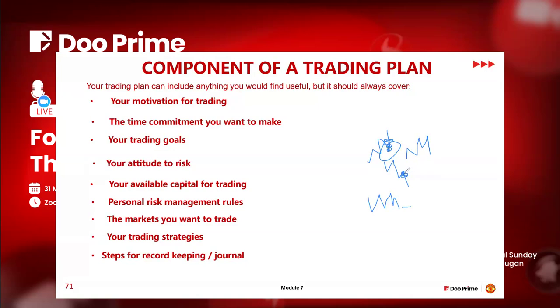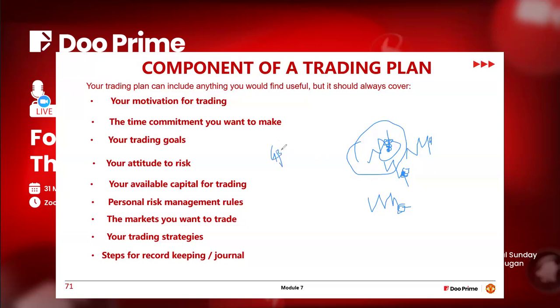You might not see a shooting star here. Maybe it's an engulfing. Maybe it's an evening star. The same thing as this one. You saw a shooting star here, you enter. So it boils down to this: your trading strategy works for a particular market. Stick to that market. Let's say you're faced with pound USD as your only pair.